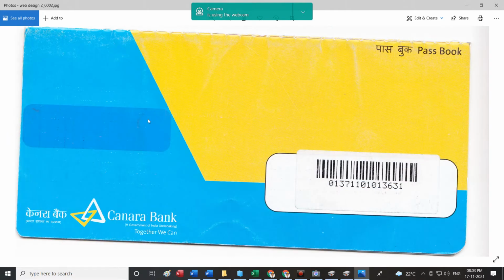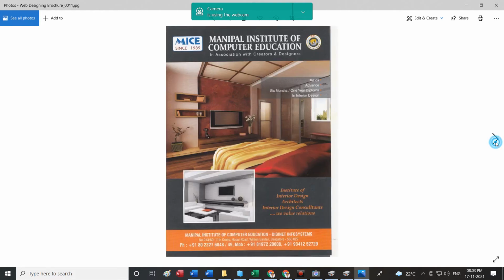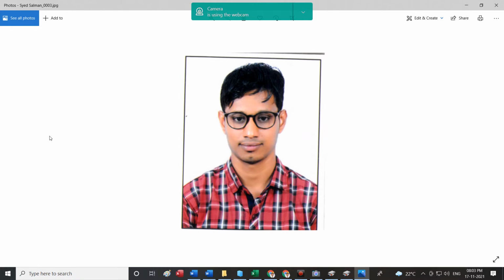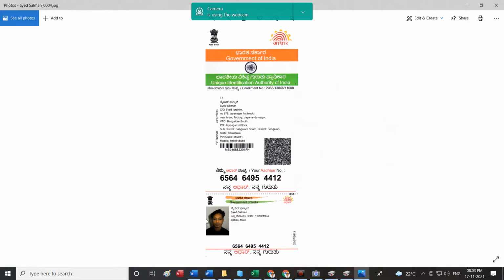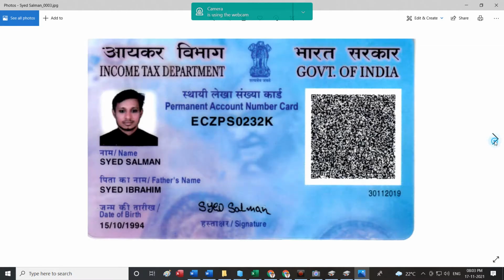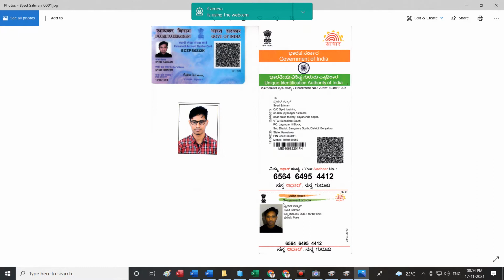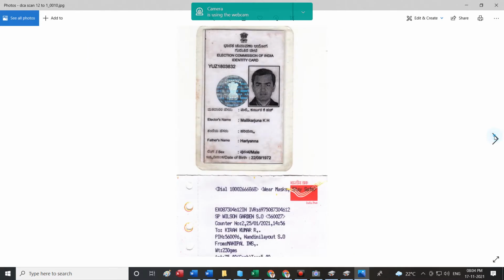Here is my passbook which I have scanned. Okay, so please remember, scanning is very important when you are working in office. After you have scanned, how to save the images, that is also very important. Let me show you a PAN card scan. Okay, Aadhaar card scan. You need to have such scan images all in one scan, like Aadhaar card, PAN card and this photograph. Afterwards you can crop it and separate them. So a lot of such things can be done.